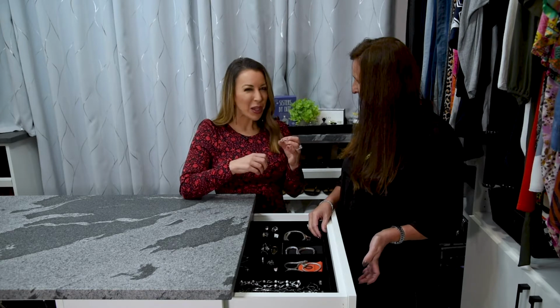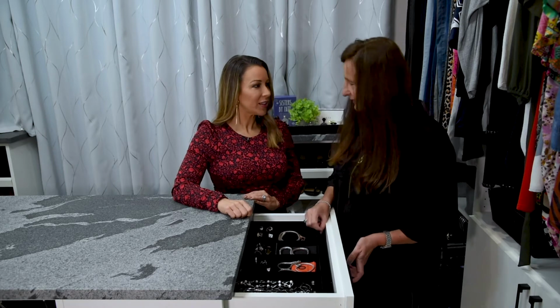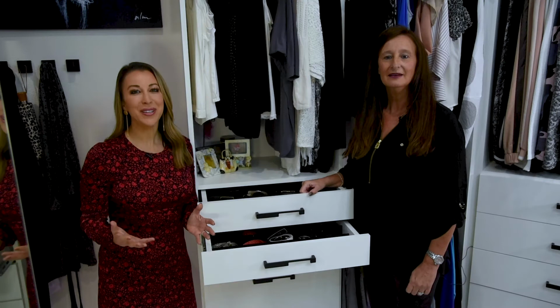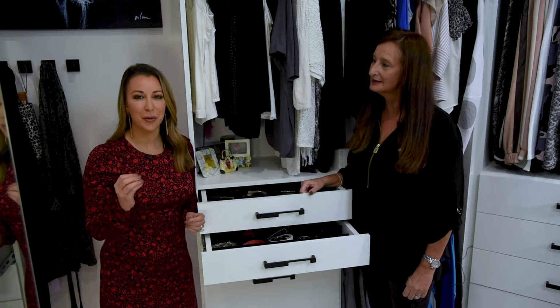But so many women struggle with having their jewelry tangled and having it every which way. Here you can clearly see what you have available. You just lay it out and easy to choose, easy to wear. You are shopping in your own store. That's right. As we continue this tour of this masterpiece of a closet that's really like a work of art,